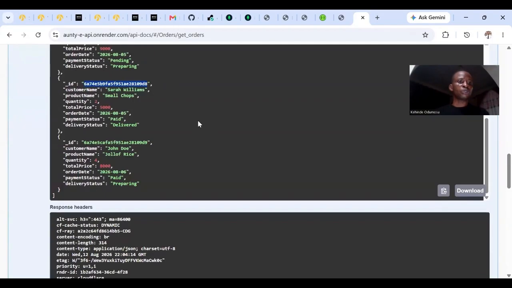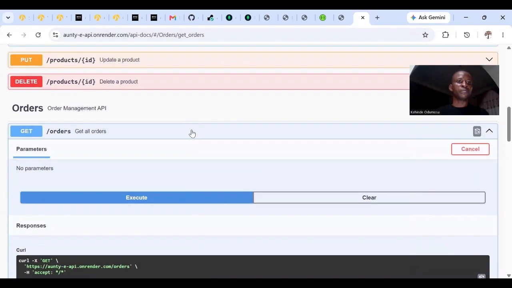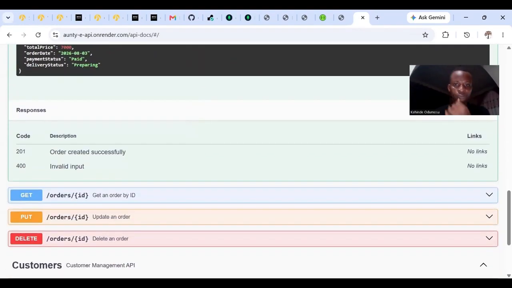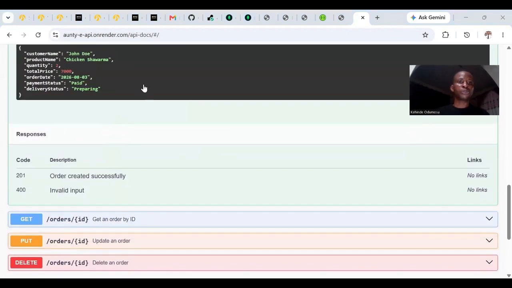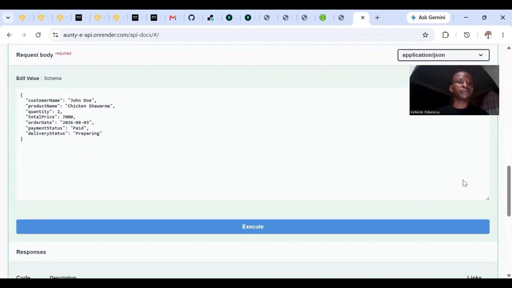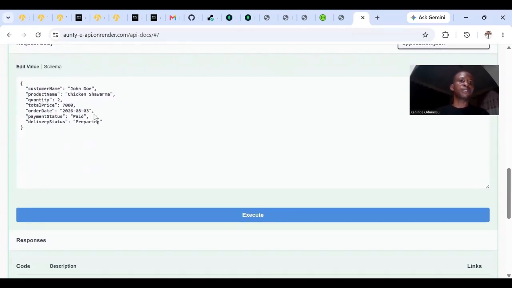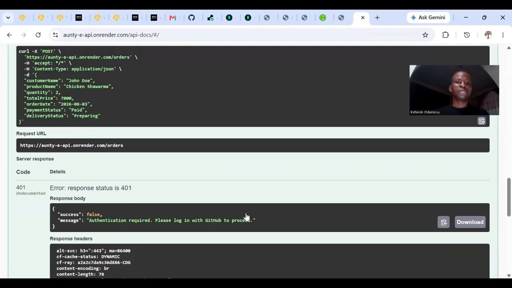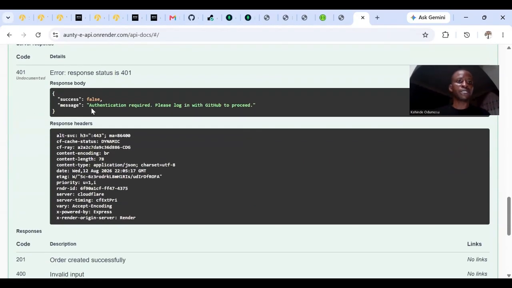So now let me just go to the post. As I said earlier, let me go to the post. This is the post here. In this post, I quickly want to try it here. I tried it, then okay, these are the 7 fields. Let me just do this. Now I can see that it is telling me false, and the message is authentication required. Please log in with GitHub to proceed,